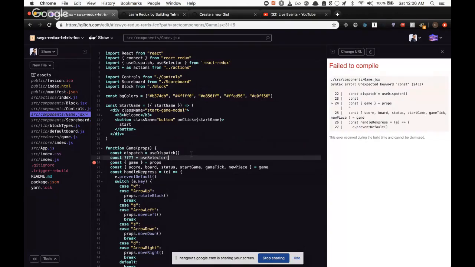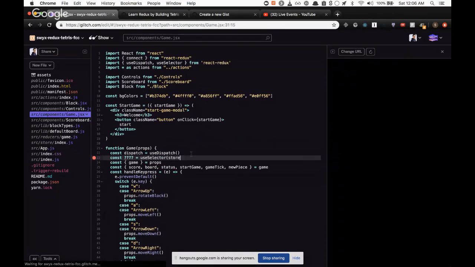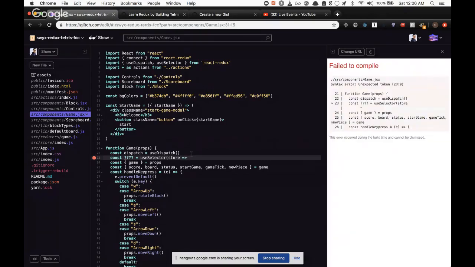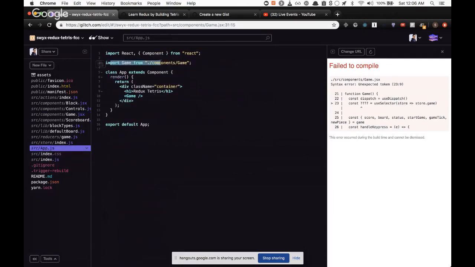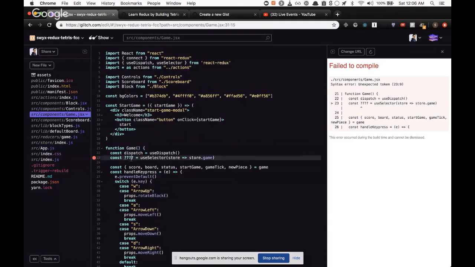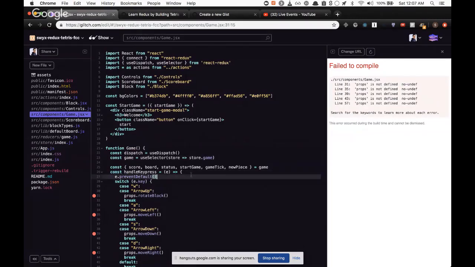And so useSelector, we can now select from something, right? So I put a question mark there for now. And this gets you the store, and you can select something from the store. We do have to select the game prop, so the game namespace, right? And so now I can get rid of this props, and I can get rid of that because I no longer refer to props that are injected by higher order components, but not really from my ultimate parent, which is the app.js. That's down in here. Okay, so I'm just going to call this game, but then actually I can just collapse whatever I'm restructuring here up to game,